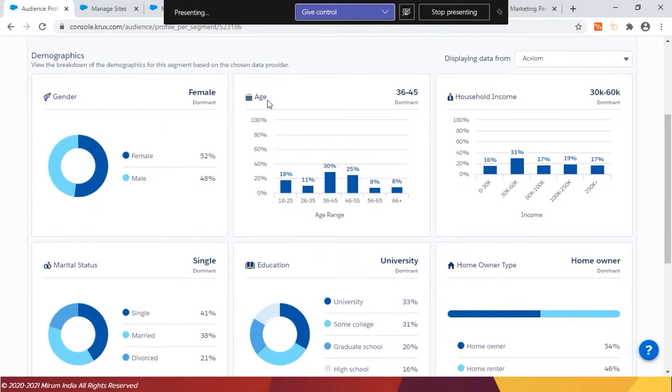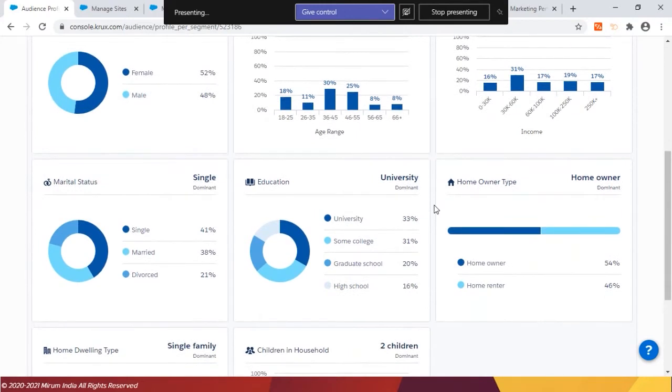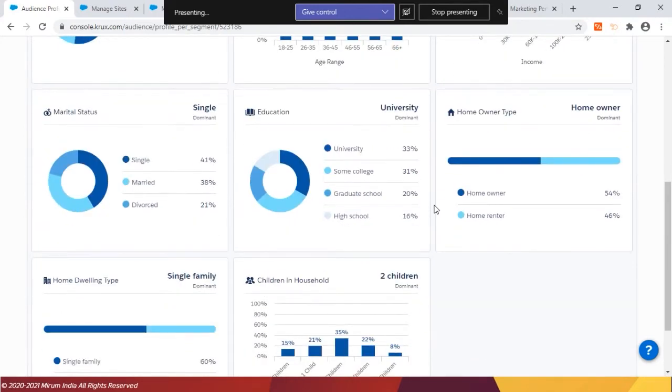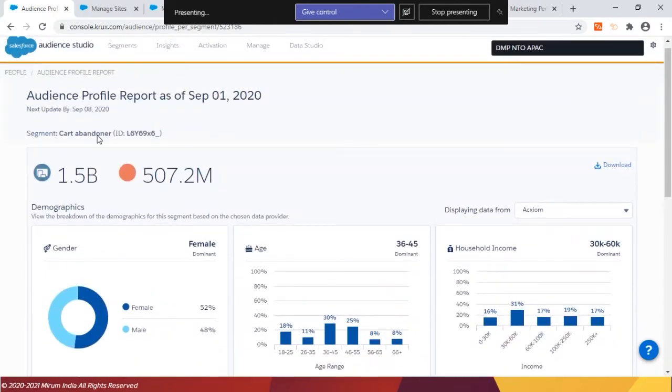We can also see their age-wise segmentation, household income, education, and marital status. All these insights may not be perfectly exact, but they give me a certain understanding of my audience. So that's the audience profile creation part.